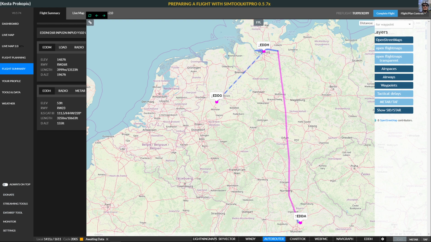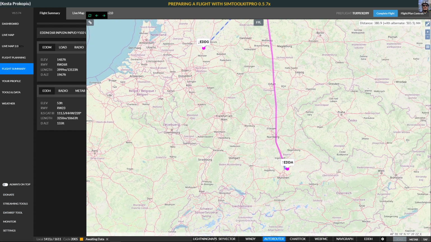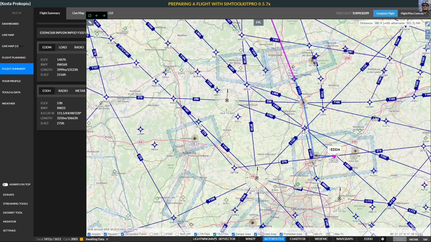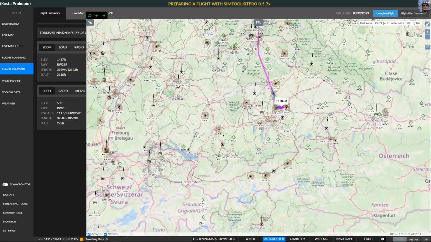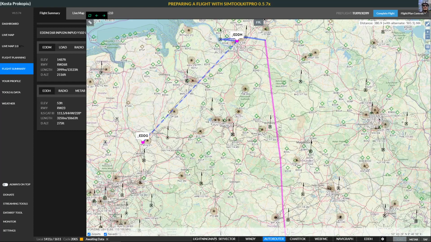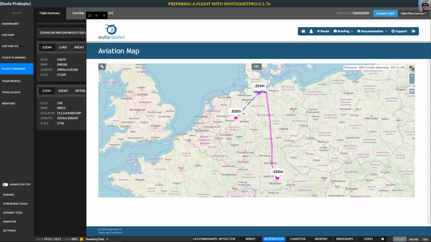Show SIDs and STARs. If they are defined like they are in this case, they would actually show them in a different color. So here you can see our input to November, I think it is, departure, right? And then the RAROP to something arrival for runway 23 would be depicted here. Now again, you cannot see where your aircraft is. This doesn't have a moving map functionality, but it is another source, not only for these kind of charts, but